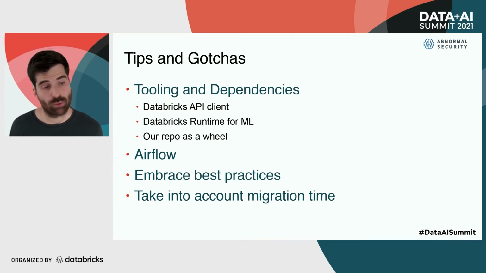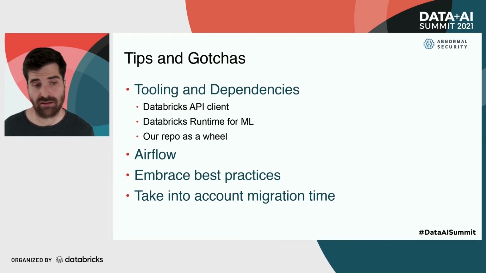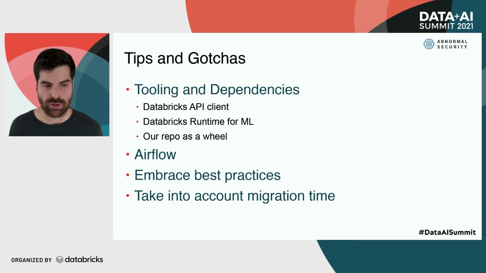Again, if you are a Python shop and you have a mono repo, just one single Git repo, it works really well to just set it up as a wheel and have Databricks distribute that to the cluster for you. We tried a few different paths, but ended up getting to that one. And if I could do it again, we should do that right away. Just use a wheel.